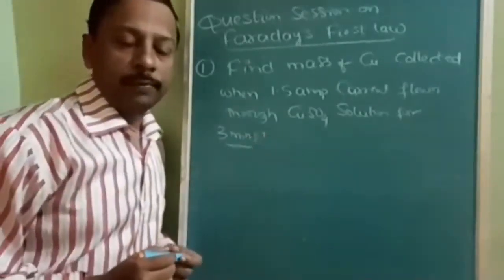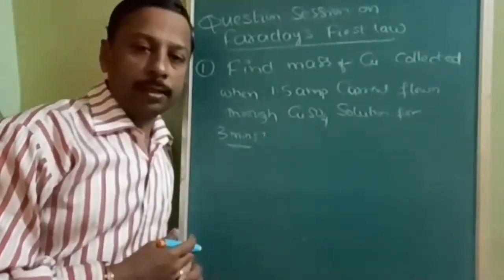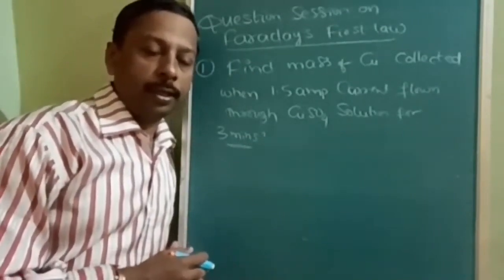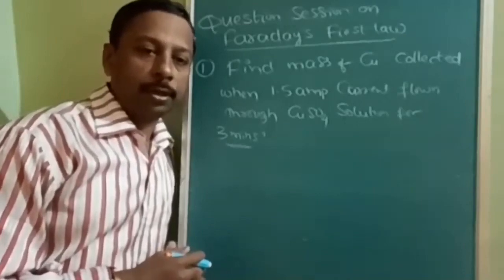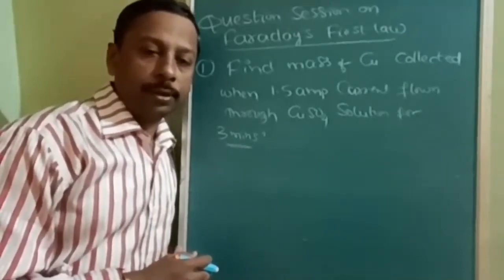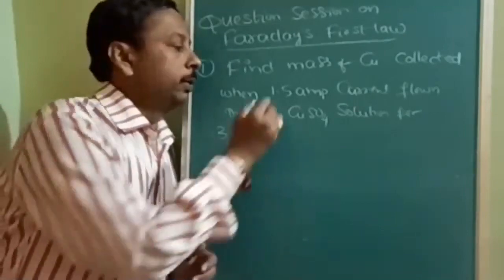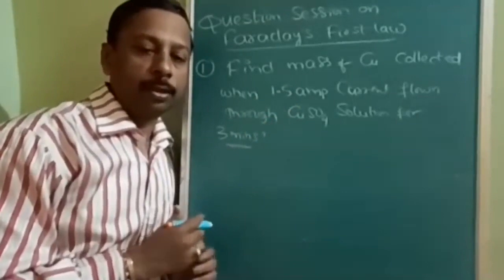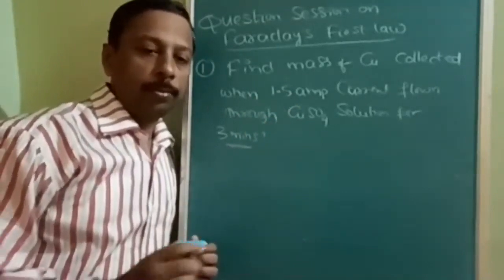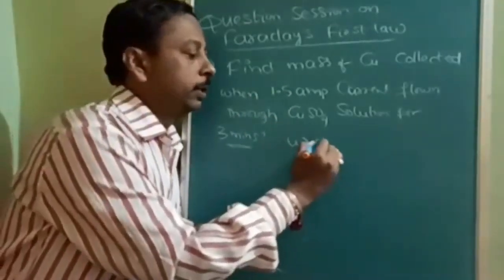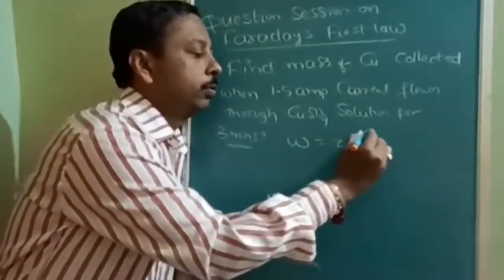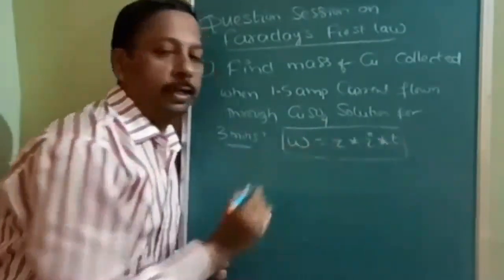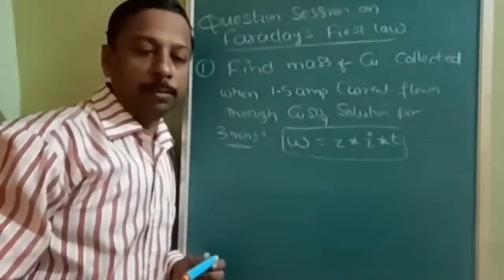Okay, this is a very simple question, only because it is the start, that's why I have given you this simple question. In the current scenario, you will not get this question, but to solve the recent current questions, you should know the basics from this question. Okay, so you must know the formula also. For this, you will use W is equal to Z into I into T. Use this formula and find out the answer, then cross check with my explanation.